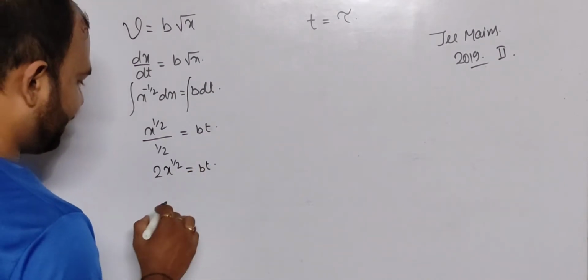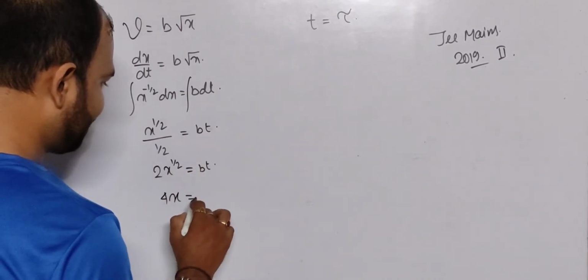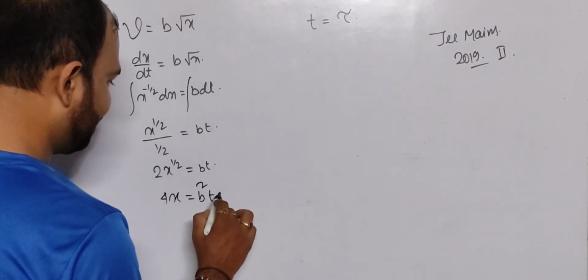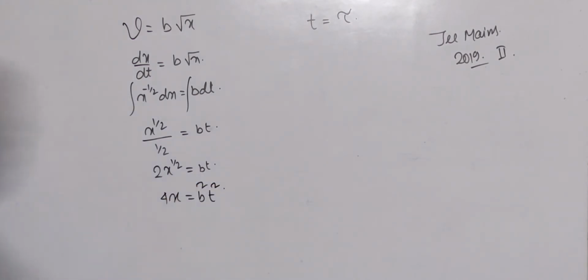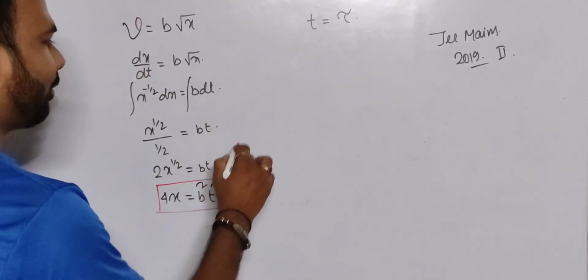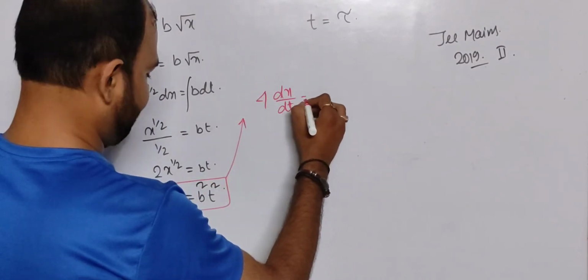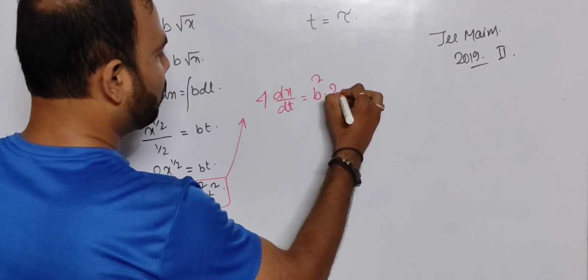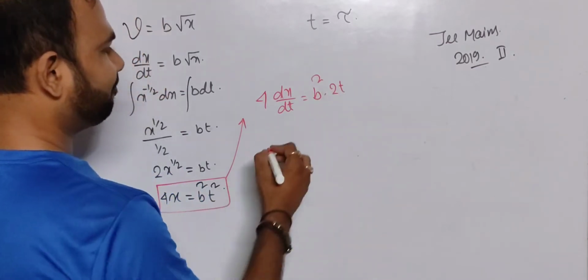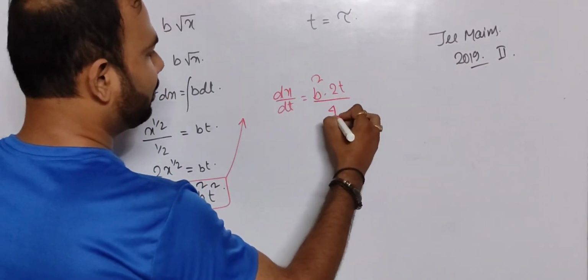Squaring both sides, we'll get 4x equal to b square t square. Now again we'll differentiate the expression and we'll get 4 dx by dt equal to b square into 2t,